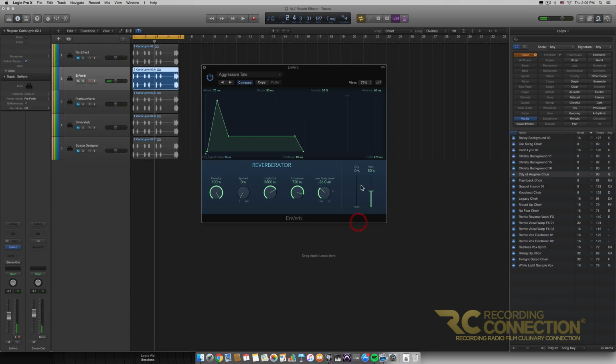I'm actually going to turn off the dry signal real quick just so we can hear it better. Now all the way up. Now at 100. It's a little bit tricky to tell the difference, especially with this specific reverb, but it just controls the spread